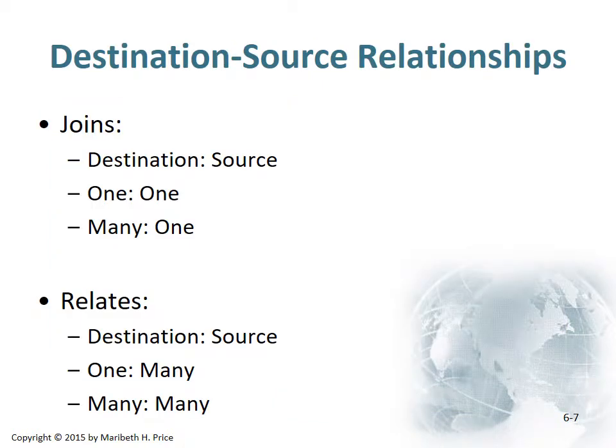So to summarize the ideas here, you need to think about it as destination source relationships. For joins, our destination source relationships are one-to-one, many-to-one. For relates, one-to-many or many-to-many. For relates, we didn't really discuss those two in too much detail, but the one-to-many relationship